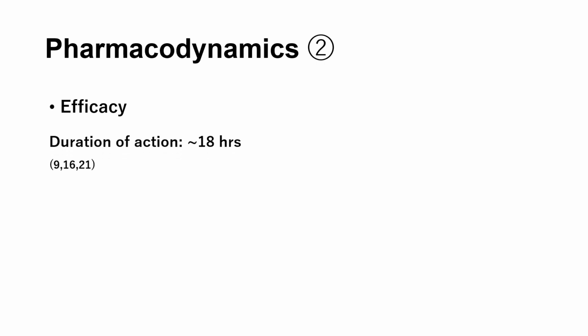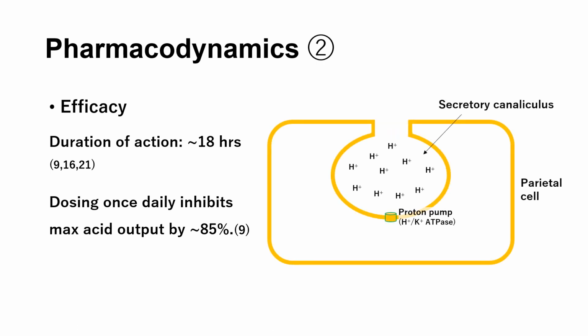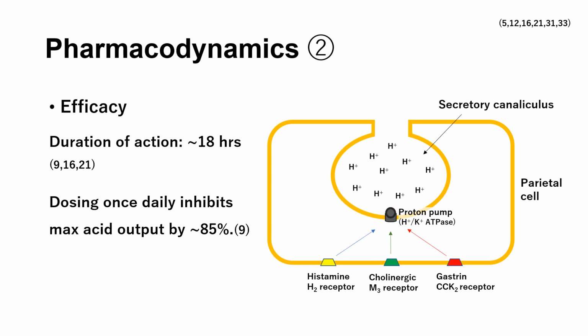Therefore, it remains effective until parietal cells synthesize new ATPase pumps, which takes up to 18 hours. Dosing once daily inhibits maximal acid output by up to 85%. There are actually three pathways to activate proton pumps: a histamine pathway, a cholinergic pathway, and a gastrin pathway. There are other acid-reducing drugs which aim to inhibit these individual pathways. But because these proton pump inhibitors work at the very end of these acid secretion pathways, they achieve the highest